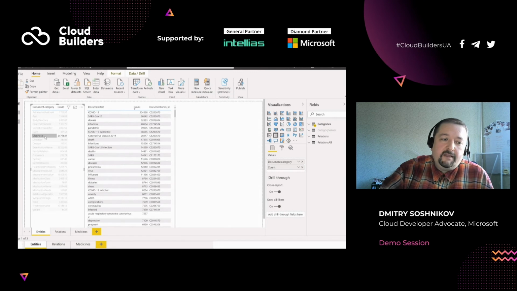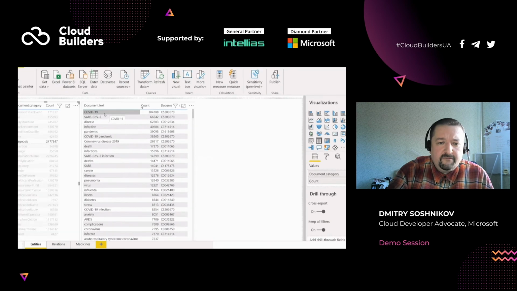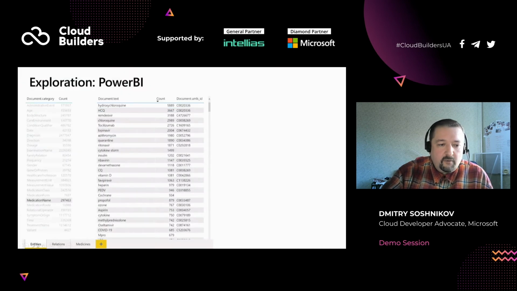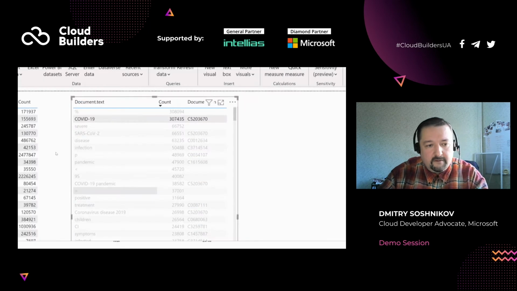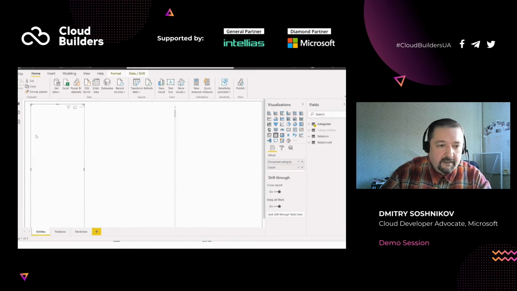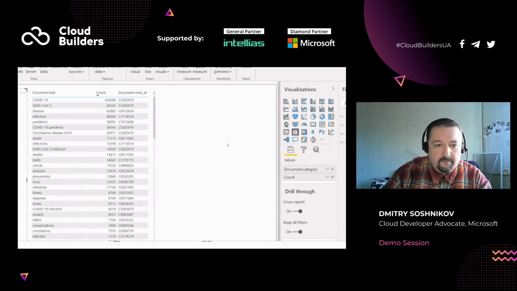And when I click diagnosis, on the right I have all the entities of this type. So I have all the diagnoses in my data set. You see, the most important diagnosis is COVID-19. I don't know if it's visible for you. I'll make it larger. Oops, sorry, I clicked somewhere where I should not. Let me start again here. So I will select diagnosis, and